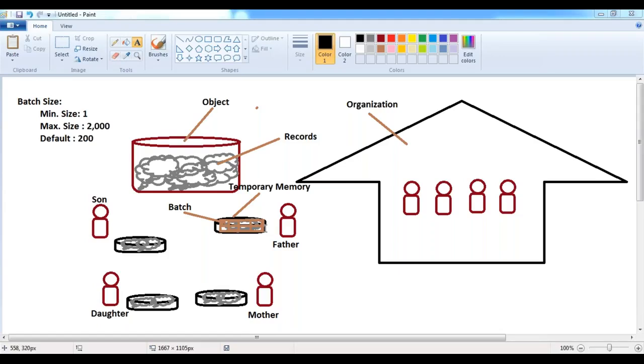From the object we can collect these records. So through a SOQL query, we can collect the records and place them inside this temporary memory. This spoon is nothing but my SOQL query. It will collect the records from the table and place them inside my temporary memory. Now, once the records are available inside the temporary memory, what we need to do, we have